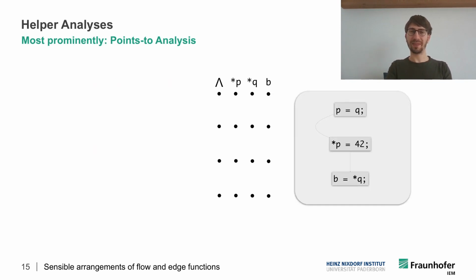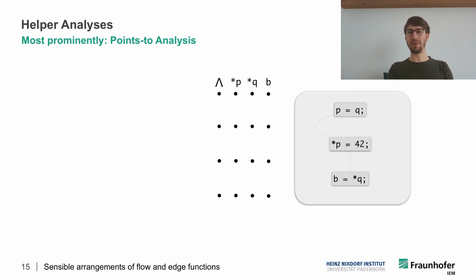Alright, another aspect that is quite important to look into are helper analyses. So your own data flow analysis will need some helper analyses in order to do its work properly. Most prominently, we have to mention points-to analysis here. Points-to analysis you will need in order to soundly propagate facts in cases where you store something. Like for example, in this code here,